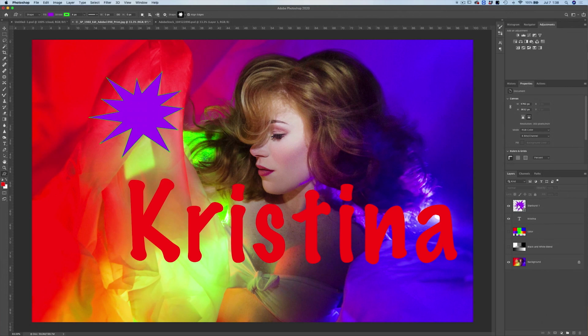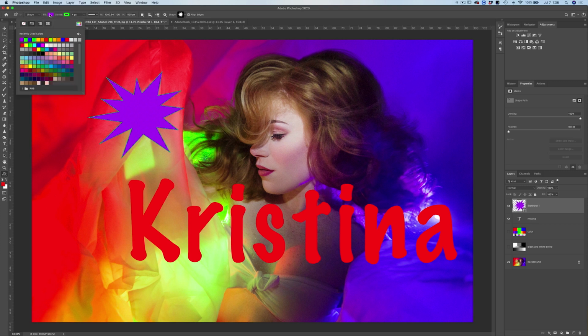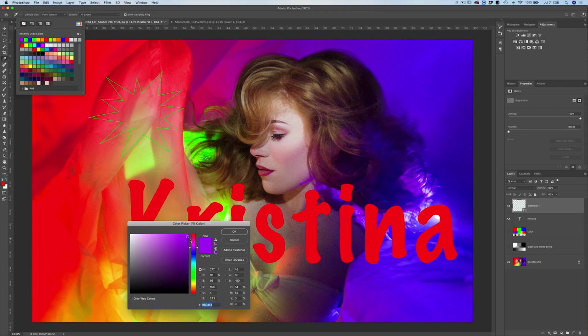If we want to at any time modify this, say we decided against having it be filled with purple, we could go to our starburst layer and we could take our fill and change it so that it has 0 fill. So basically there's nothing inside of it. Or we could add any specific color that we want.